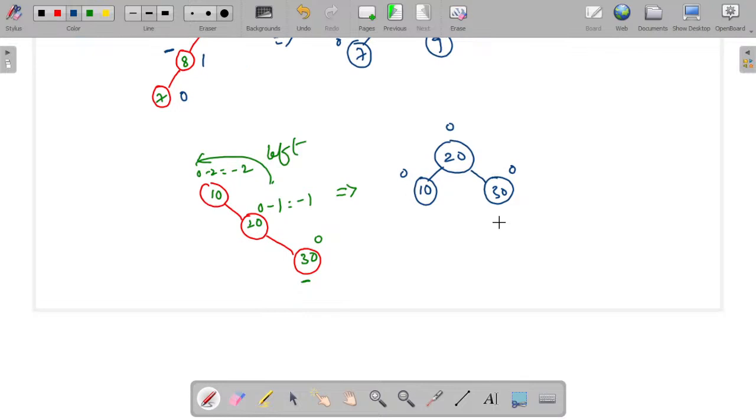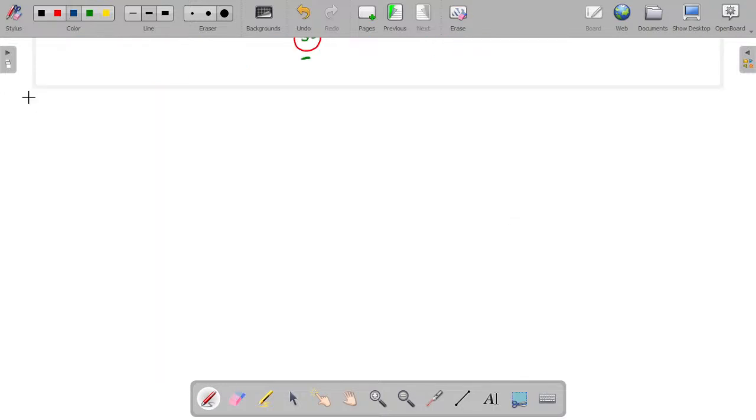Now we will see how we can perform combination rotations. All right, so there are two combination rotations in AVL trees. One is RL rotation. In RL rotation, first we are going to perform a right rotation, and then we are going to perform a left rotation, right? So for example, let me take an example. If you have a tree like this,